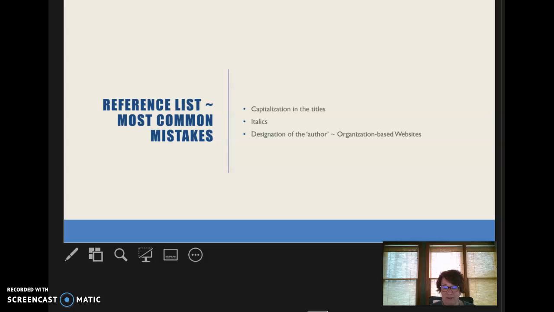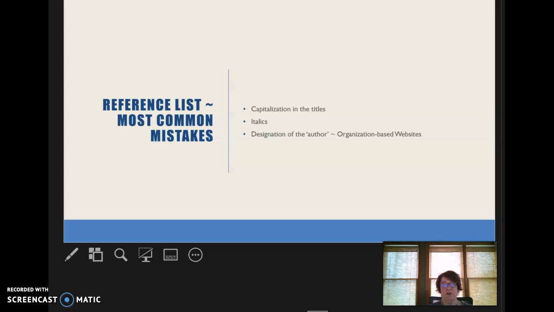And some of the most common mistakes that I see with students, so this is something to really key into: the capitalization in titles. Typically, capitalization is reserved to the first word of the title, and any proper nouns or any word in the title that follows a punctuation mark, such as a semicolon, colon, or a period. The first word following that punctuation is capitalized, and the remainder are lowercase letters for the words, unless there is